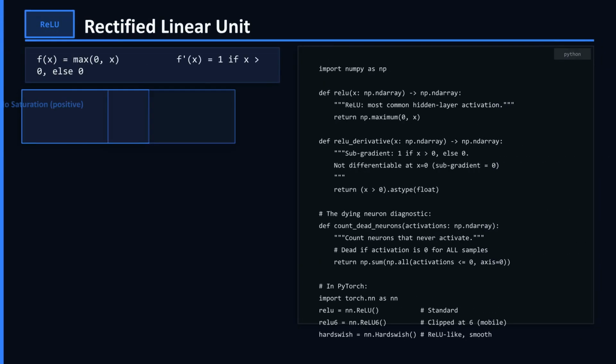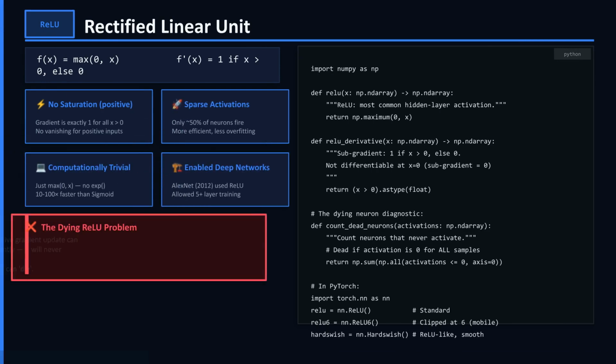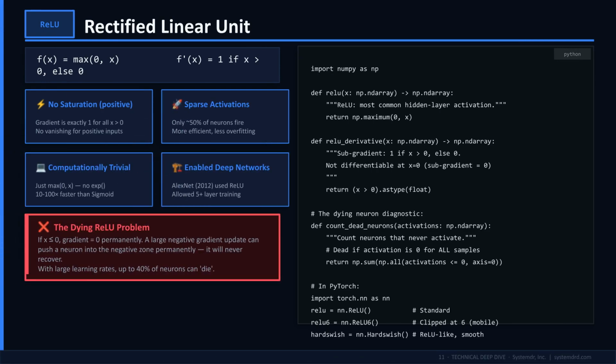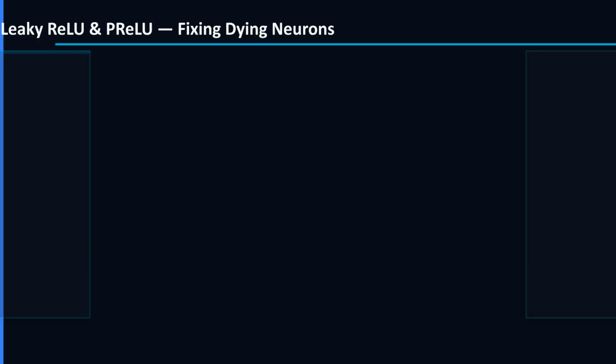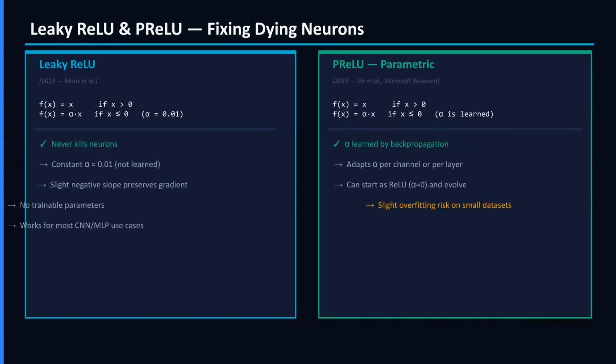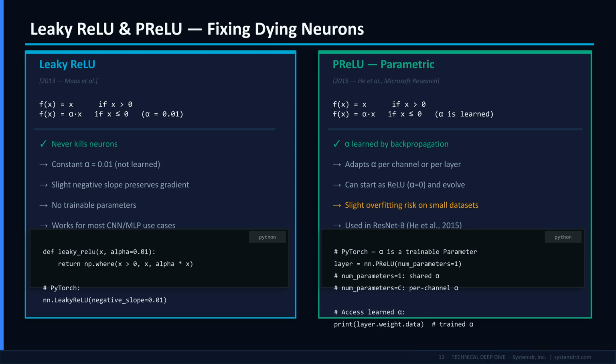ReLU is computationally simple and prevents vanishing gradients for positive inputs, enabling deep networks. However, its major flaw is the, quote, dying ReLU problem, where negative inputs permanently kill the neuron. Leaky ReLU and PReLU were designed to fix the dying neuron problem by allowing a small, non-zero gradient in the